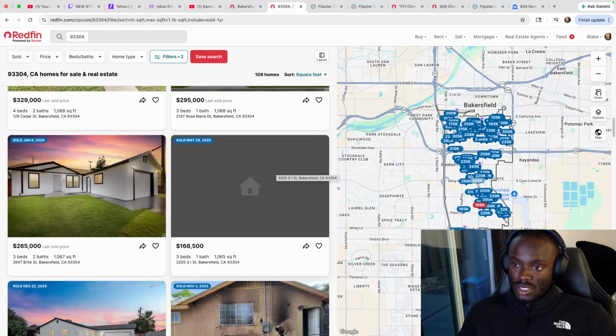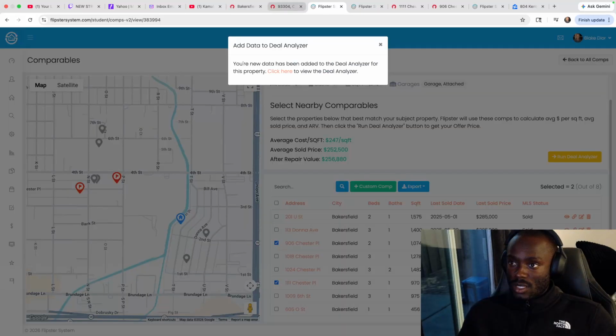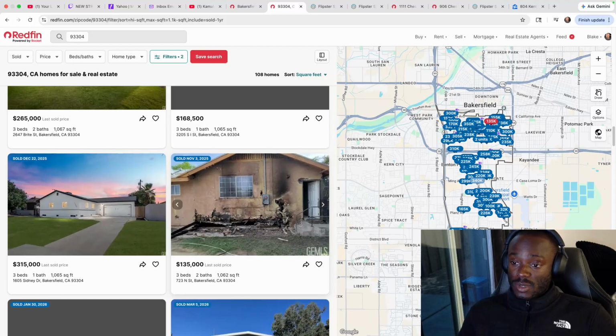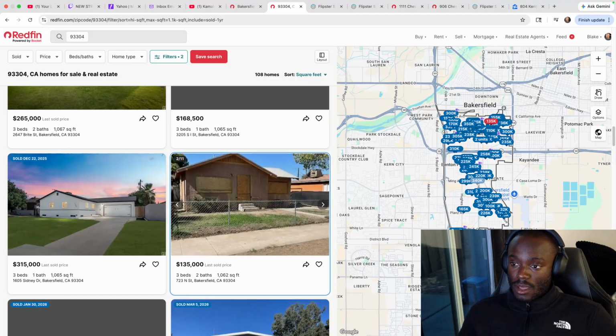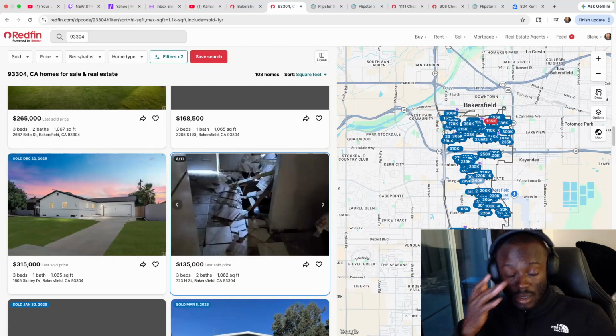This one sold for 168,500 in May. This one had to have been a fixer. Our price was 124. This one is 168. Might have been a wholesaler. This one sold for 135, kind of close to the home that I am looking at.